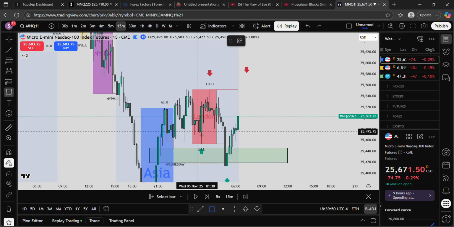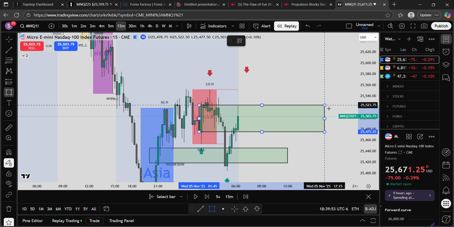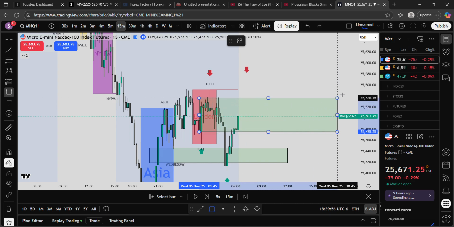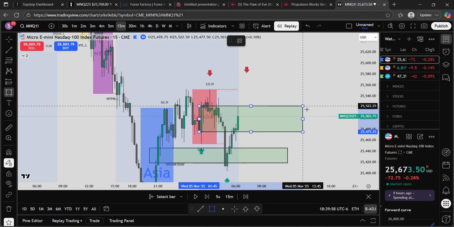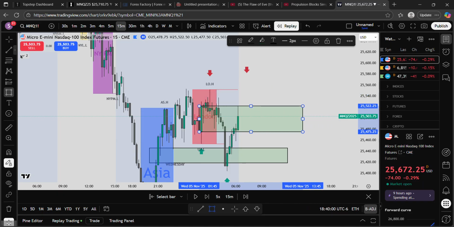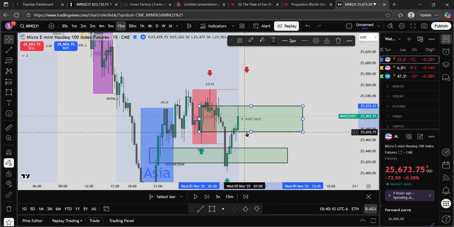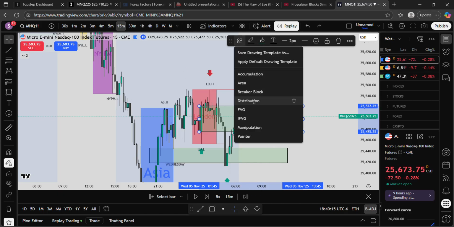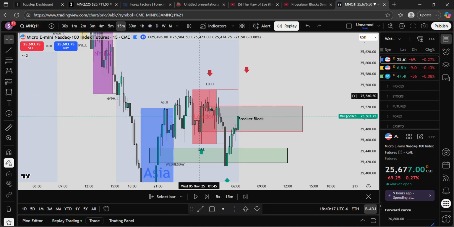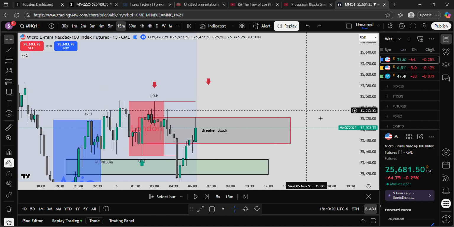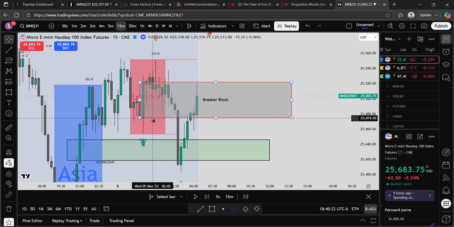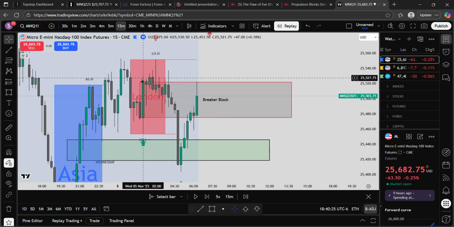I'll mark this out. There's different ways people mark these out, I've noticed. Some people say to mark it here, some people say to mark it at the close of these candles. I just tend to mark it from the move up and the bodies of the candles. If anybody knows the actual way to mark out a breaker, please leave that down in the comments because I've been confused lately about how to mark those out because every video I have ever watched says something different. So, but anyway,